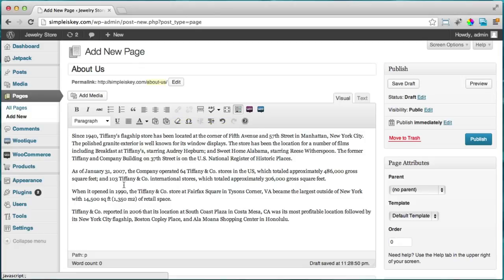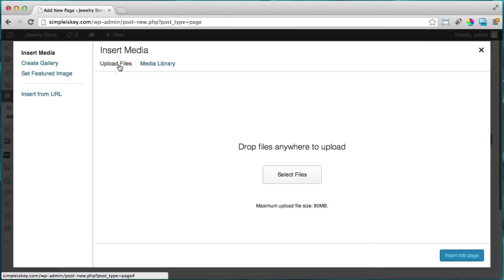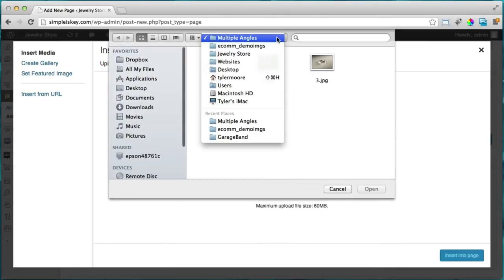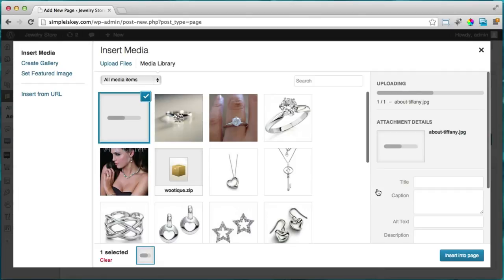Here we're going to add a picture on the About page. So I'm just going to click right here before the S, and I'm going to click Add Media. And I'm going to upload files, and select the files. So I'll find the About picture, press Open,